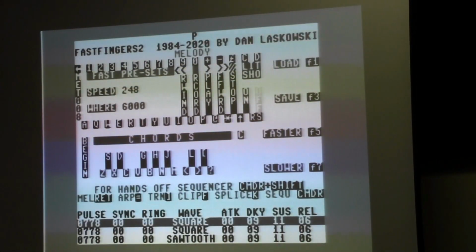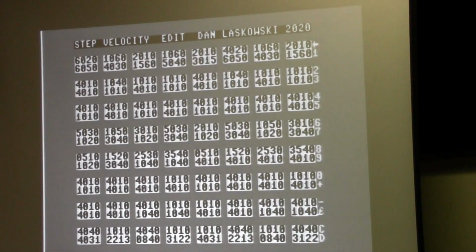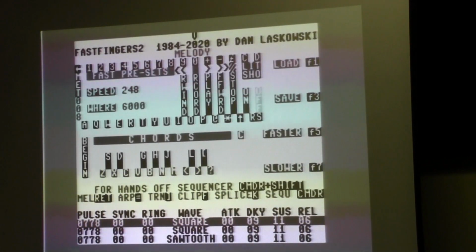When I hit the space bar, I can toggle that to V, which means velocity. And when I hit that key now, it says Step Velocity Editor. So now I have a Step Velocity Editor, and when I'm in this mode, I can play the same sequence over and over again, but change the velocity feel. So what happens is,